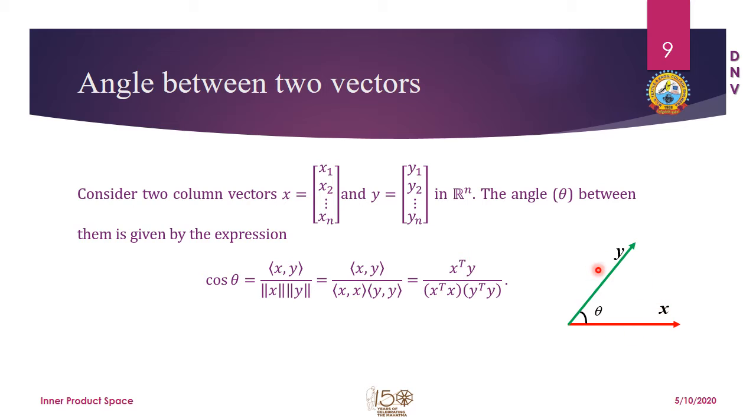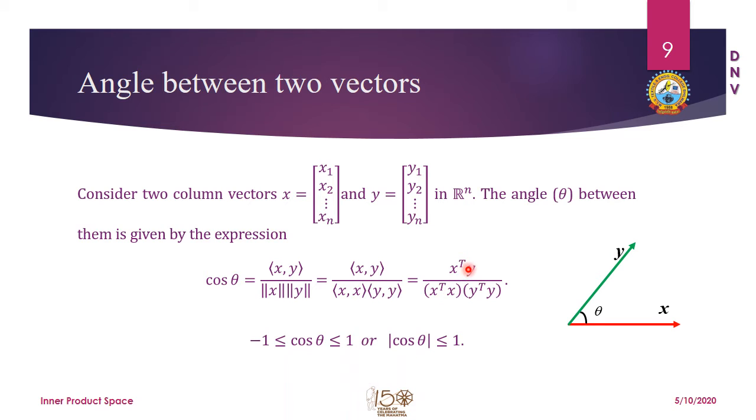In a two-dimensional plane, we call it the dot product divided by the product of the lengths of these two vectors. And if the vectors belong to Euclidean space or any other space, then we call it the inner product divided by the norms of these two vectors, and it is the cosine of the angle between these two vectors. So these norms are replaced by the scalar inner products xx, yy, and if I use the matrix notation, I can write it in this particular fashion.